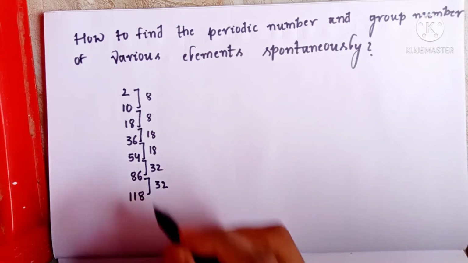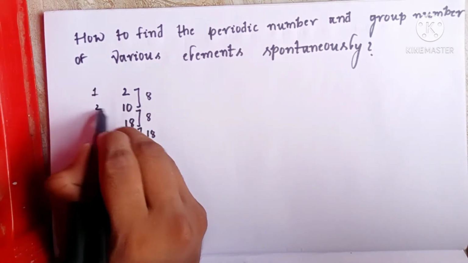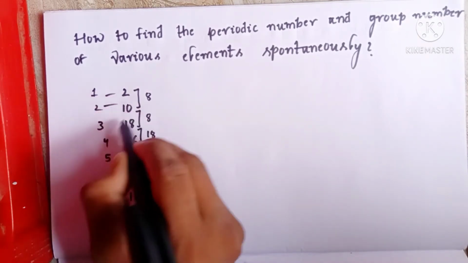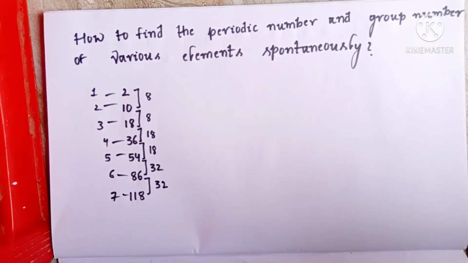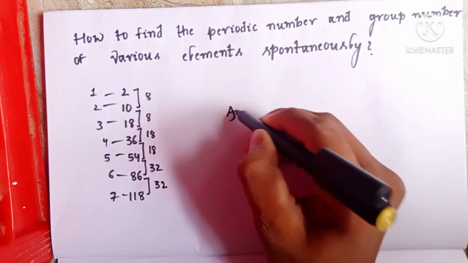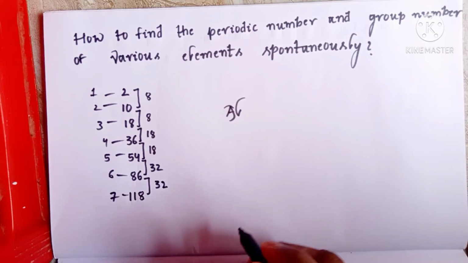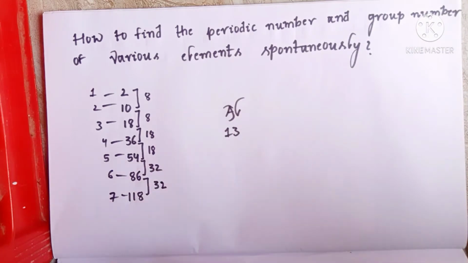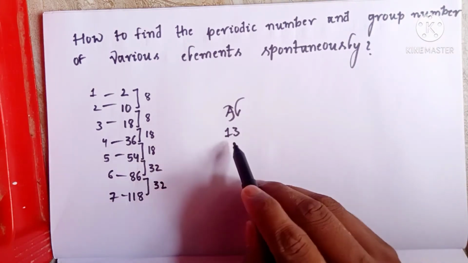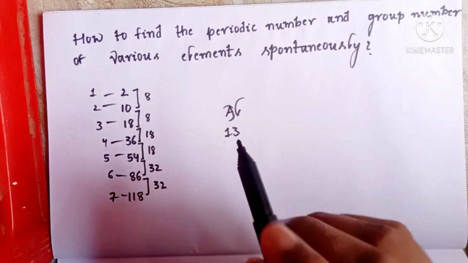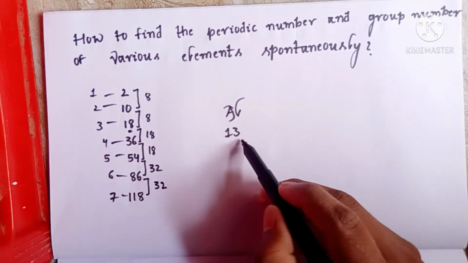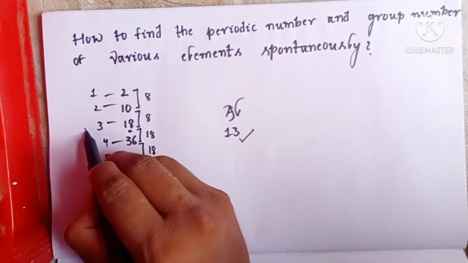First of all, you also need to mark these numbers before this order. So friends, first of all, I am taking aluminium. What is its atomic number, friends? 13. Now what I have to do is take a number which is greater than 13 and also nearer to 13. That is 18, right? So this aluminium element belongs to the third period.